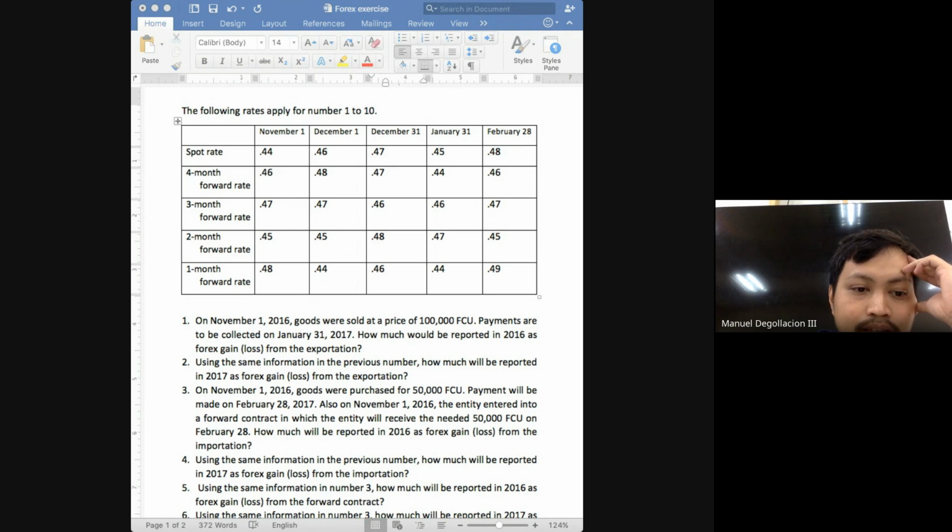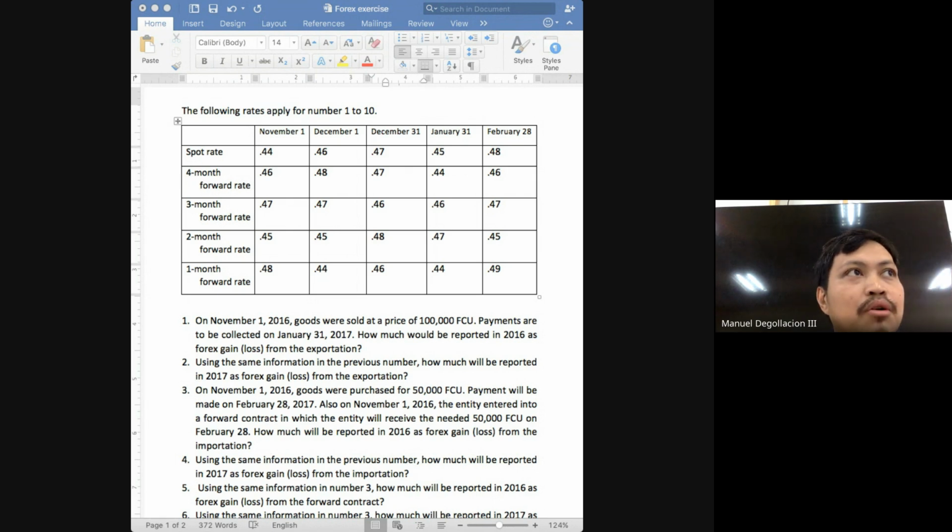Okay, so it's important for you to remember that your accounts receivable and accounts payable will have to be restated and or adjusted to reflect the spot rate. Now the next question is, when do we make the adjustments? Theoretically, you adjust it every time there is a change in your spot rate. Do you follow? And when will your spot rate change? It can change every day. So theoretically, you will have to adjust the balance of your accounts receivable and accounts payable every day. But is that practical? The answer is no.